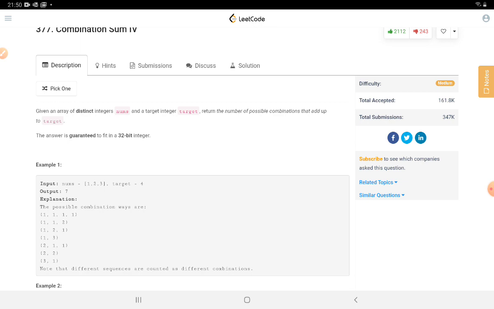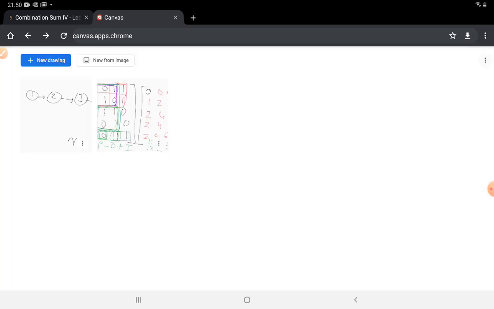So how could we go about solving this? I am going to discuss a recursive approach in which we'll try to split the problem into smaller sub-problems, and then for making it more optimal, we will also try to use some memoization. So let's see how we can go about it. Let's take an example where the input is 1 2 3 and the target is 4.